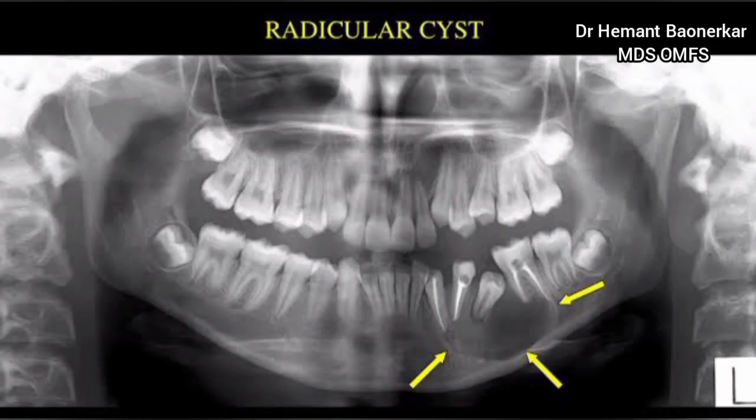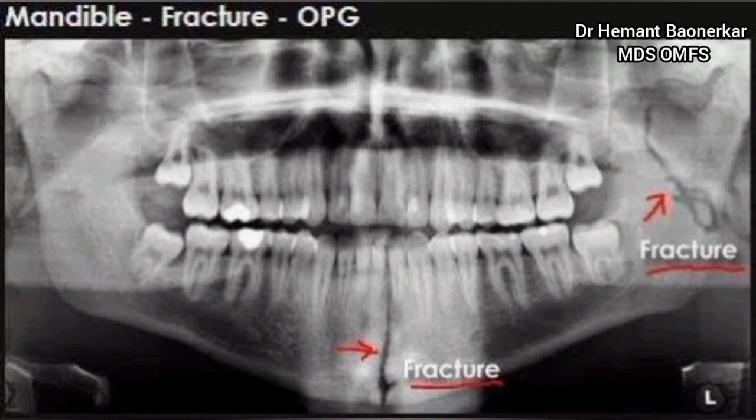In this OPG, there is a periapical pathology we can see in the lower part of the mandible. The radiolucency is seen in the third quadrant. It is mostly a radicular cyst. It is a classical radiographic picture showing the radiolucency surrounded by a radio-opaque thick bone and involving the pathologic tooth. Also, we advise a patient an OPG in trauma cases.